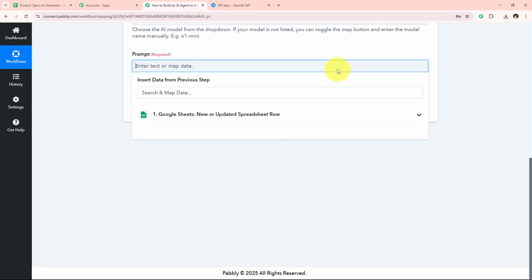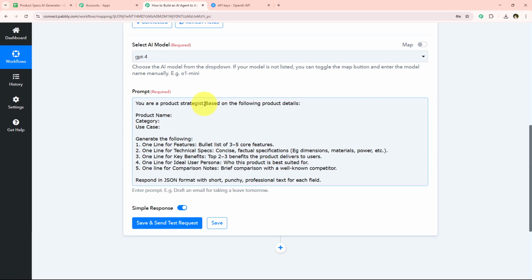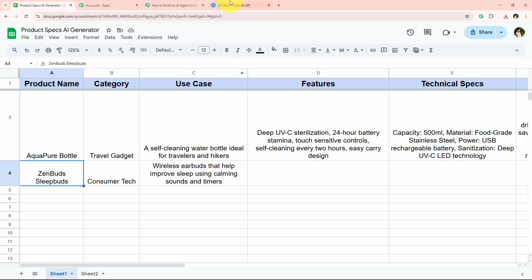Alright, so I'm simply going to enter the prompt, which is this, and as you can see, I've successfully entered the prompt. Over here you can see I've entered the prompt as: you are a product strategist. Based on the following details, provide these details. Alright, so I'm simply going to enter the input right over here, which is the product name, category and use case. So I'm simply going to enter all of these details one by one right over here,